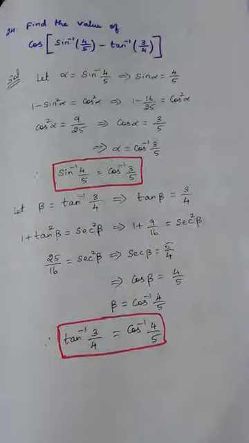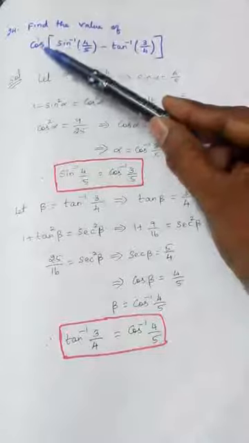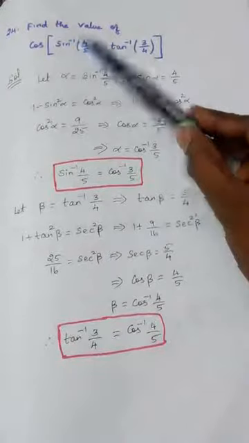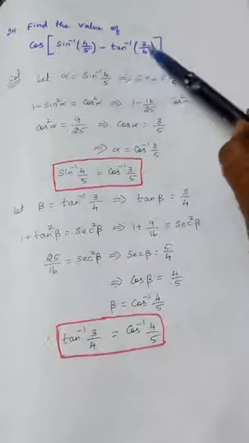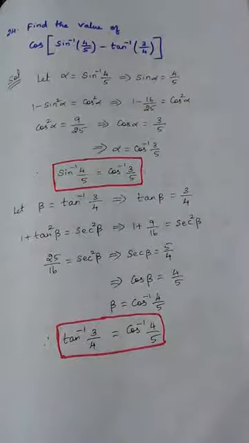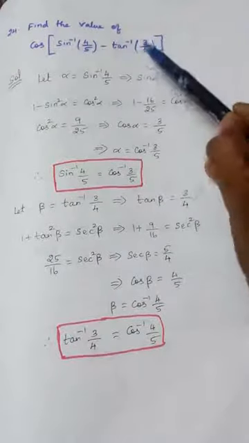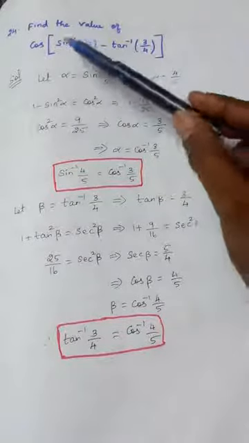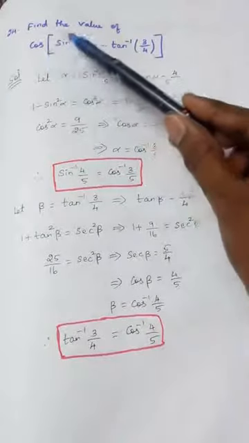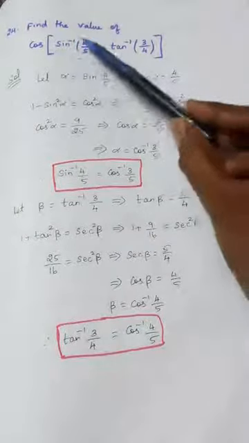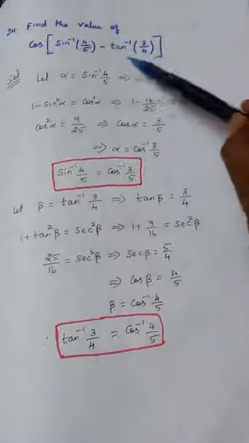So again, the method we are going to adopt is this, in my mind, first I'll be thinking like this. Outside, the cos function is present. So my aim is to convert this in terms of cos inverse. Hope you will understand. The same thing we did in the previous sum also. So we don't have the trigonometric value for this in the trigonometric table, so we are adopting a different method. Since the cos function is present outside, I want to convert this in terms of cos inverse, and also this in terms of cos inverse.